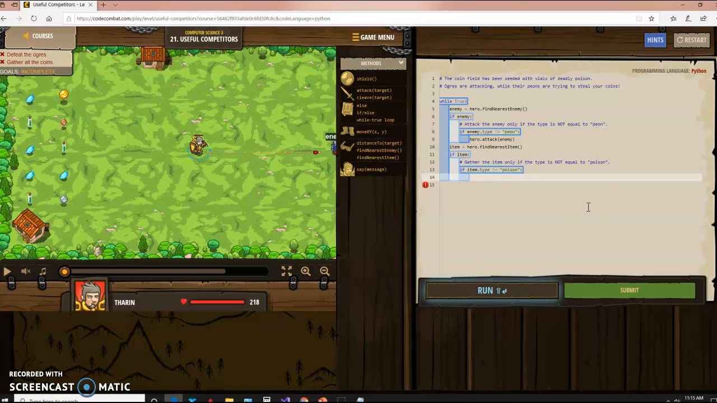And then I'm going to need to gather the items. So to do that, I'm going to need to move to the item. And we'll use our hero moveXY function. Okay, now how do I know where the item is? Well, it's pretty easy. I mean, I could hard code the item's positions, but why do that? I already have that information. It's in the item variable. All I have to do is use the item's